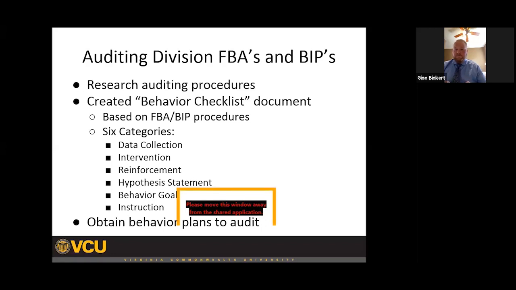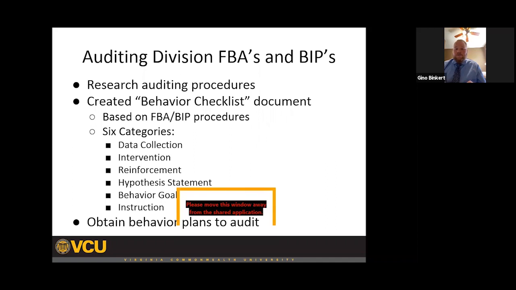So in our next process, after we looked at this article and created this behavior checklist, we needed to obtain consent and access to behavior plans written by, again, our target audience for our training platform. That included our school admins, school psychologists, teachers, guidance counselors, behavior specialists, or anyone that is a part of this FBA and BIP team. So now what I'm going to go through